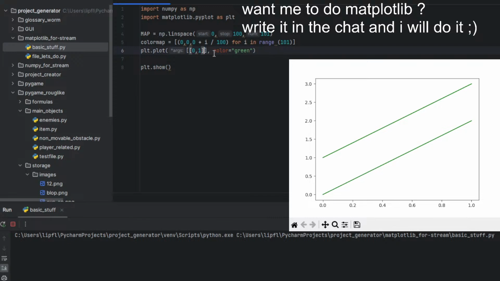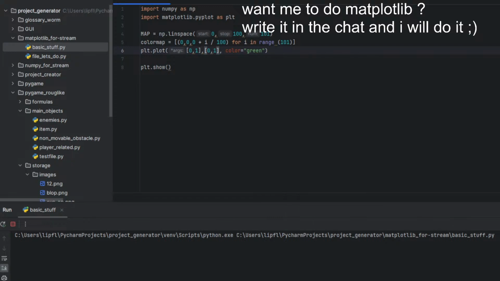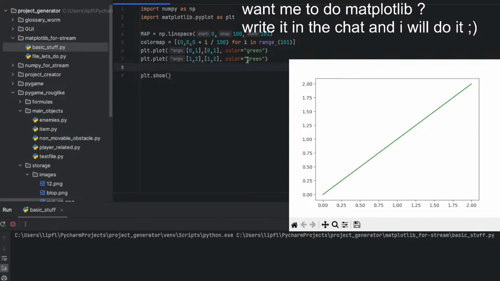So the two-dimensional array is working. And we need 0, 1 for the x-axis and 0 for the y-axis. And now we use plt.plot 1, 2 and 1, 2, and it should be red.